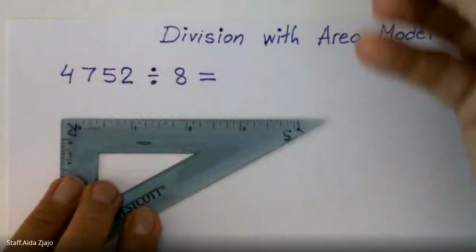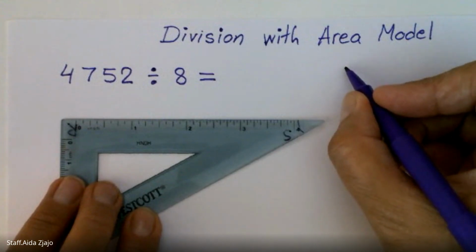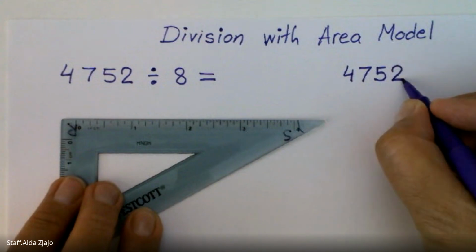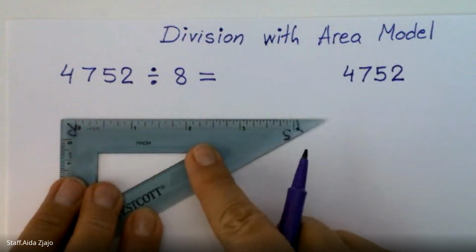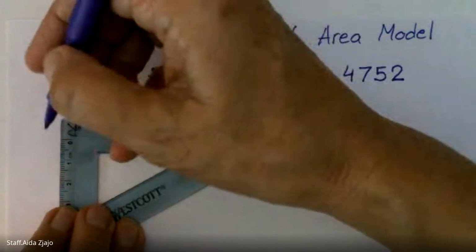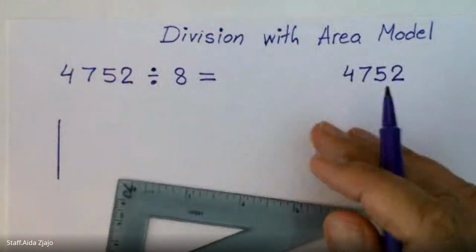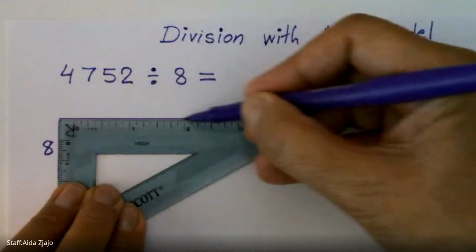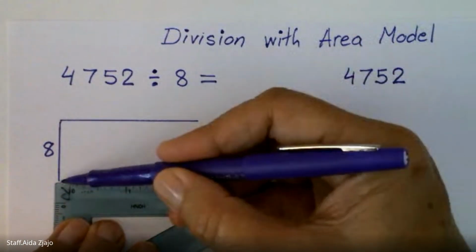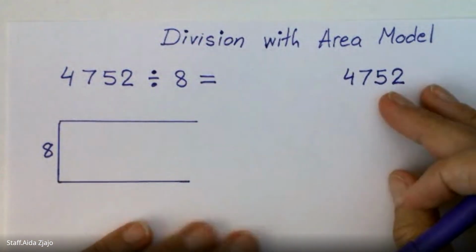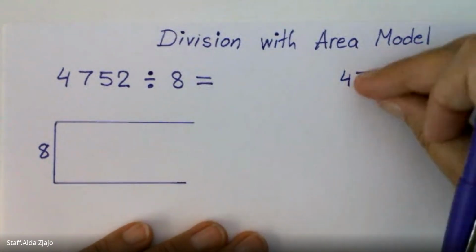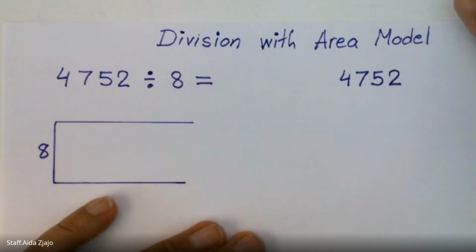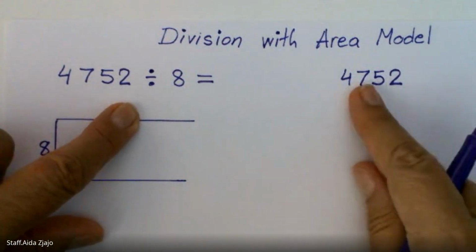So how to start? On one side, I will write what I have. Division is sharing. So we're going to try to share as much of this number in that area in connection to the 8 groups that we need to share. If I make this line, that will be the number that I'm going to divide into. And then I'm going to make open area. I'm not going to close it because the goal is to take as big a chunk of this number and enclose it in this area. So 8 times what? It's really going to give the closest number to